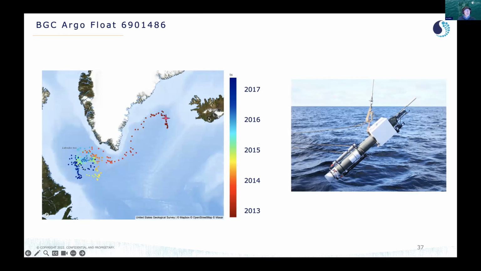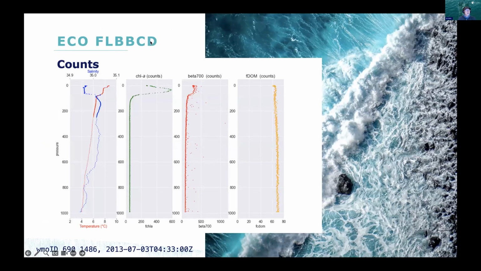It was deployed not far from Iceland in the space between the east side of Greenland and Iceland. There's still a little bit of influence from the coast here and this long ridge, and you'll see that in the data. So it's profile number 12 of this Argo float. All the floats, just like all the ships in the world, have a unique number. This one was 690-1486. And if we just plot all of the counts together,